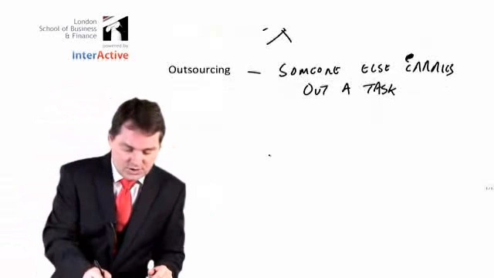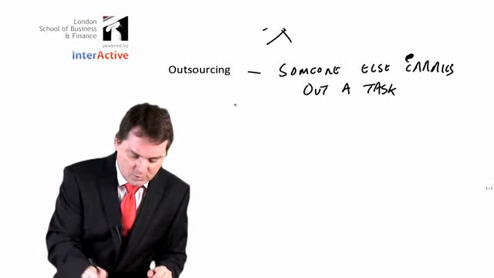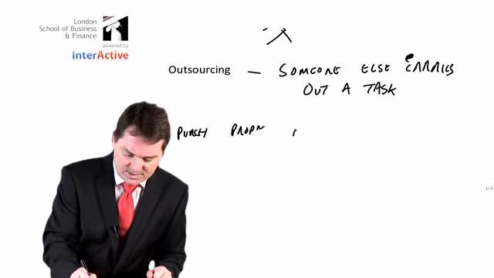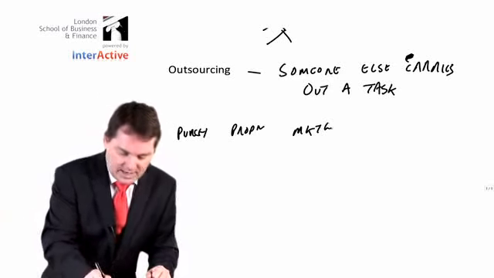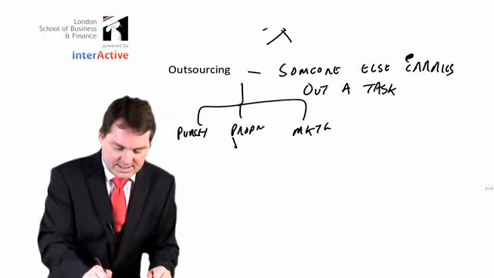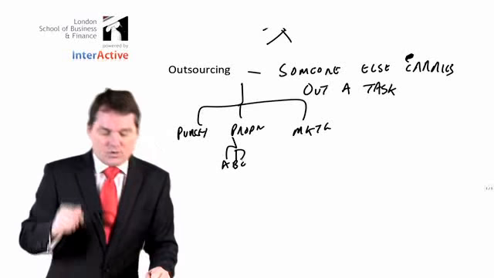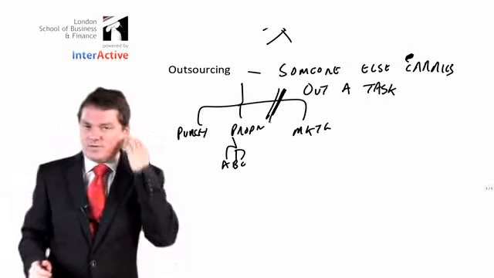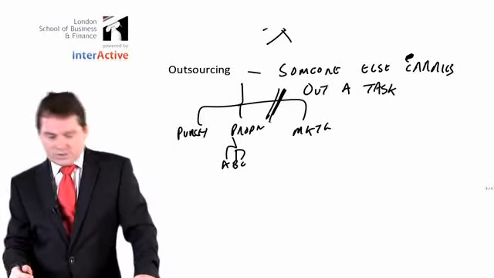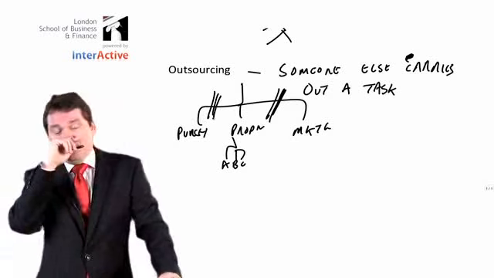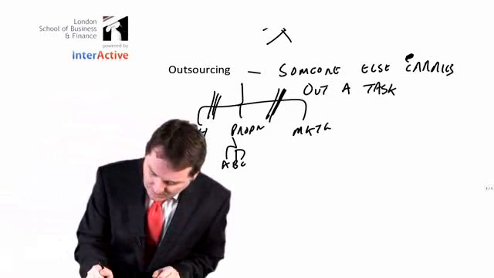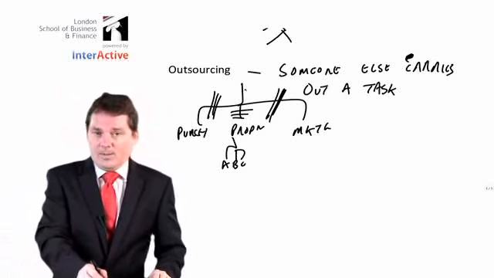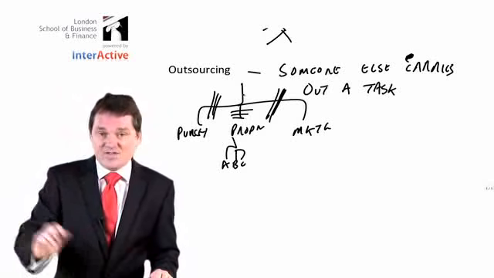As far as outsourcing is concerned, if you remember, when we were looking at structure, we said we have a purchasing department, we have a production department, we have a marketing department, and we had various links to them. We had product A, B, and C, and all that kind of stuff. With outsourcing, because of this communication, you can simply say, well, we won't do our own marketing. We'll let somebody else do it for us. Perhaps we won't even do our own purchasing. We'll let a specialist company do it. You even get companies who don't do their own production. Somebody else can produce it. Literally, all this company does is come up with the ideas, do the sales, and let everybody else do everything.